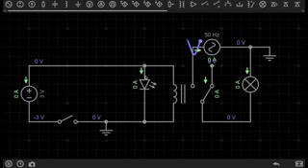What we actually have here are two different circuits, and the only thing between them is this relay. They're both electrically isolated, meaning that this side of the circuit is not electrically connected to this side of the circuit. I have a DC power source here running at 3 volts, and on this side of the circuit I have an AC power supply which could be high power. It could be the full AC mains voltage, 120 or 240 volts, and it's connected to this